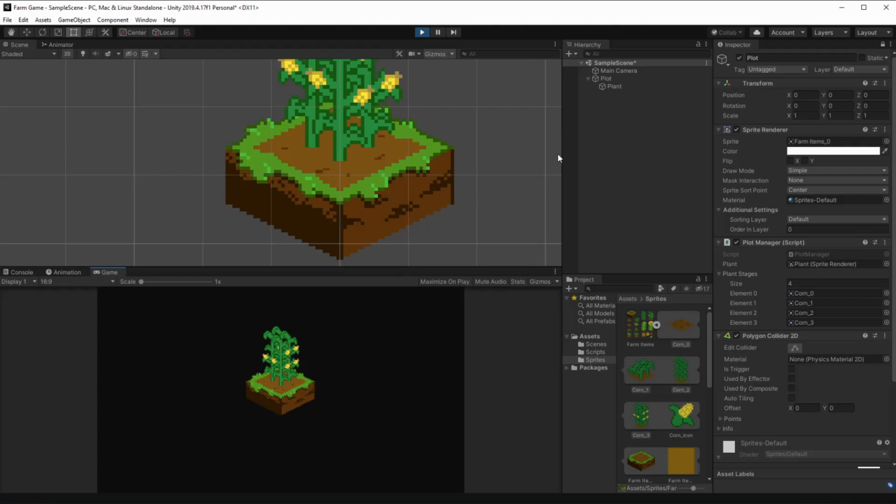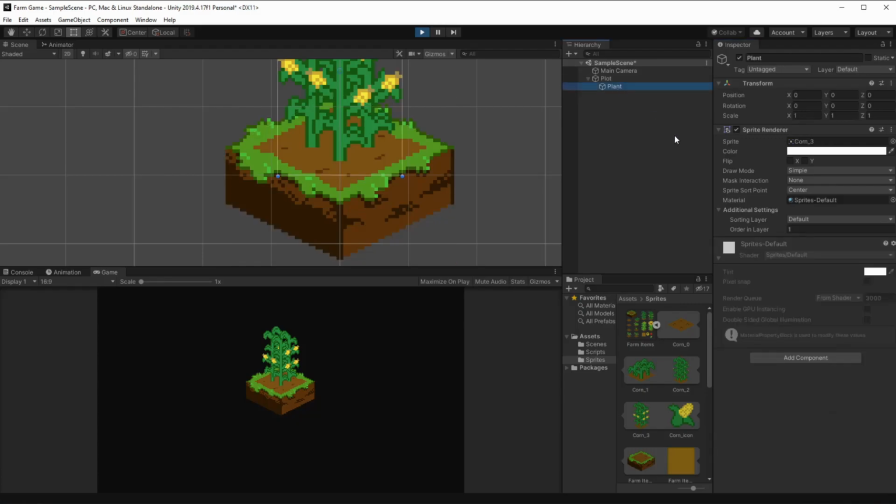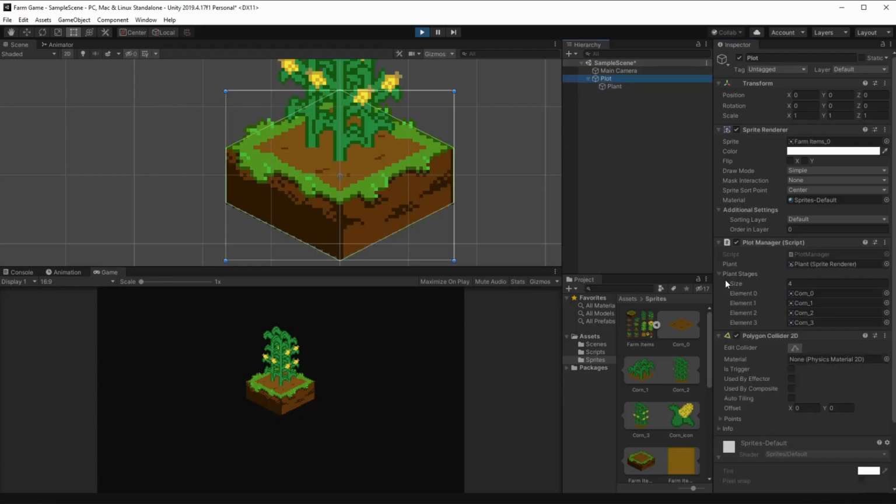This happens because, well, the plot has a collider here, as we can see. The plot has a collider, but the plant has no collider. And the plot, even if the plant had a collider, it wouldn't know what to do with it. It wouldn't have used it to sense the click. And to make the plot sense the click on the plant's collider, what we need to do is, first, let's